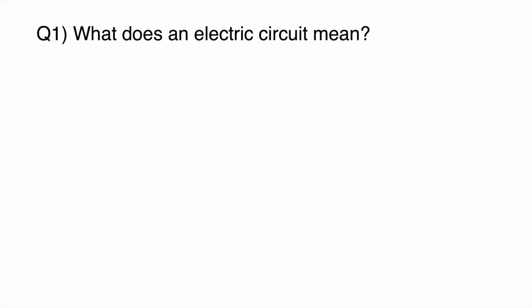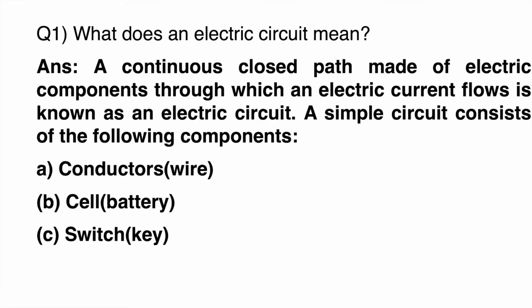First question, what does an electric circuit mean? A continuous closed path made of electric components through which an electric current flows is known as an electric circuit. A simple circuit consists of the following components. Okay, so a simple circuit we can draw like a conductor will be there, that means a wire,